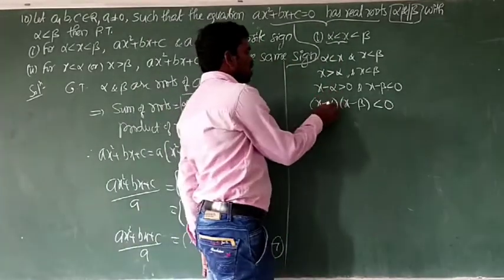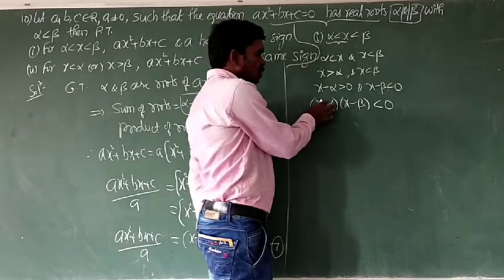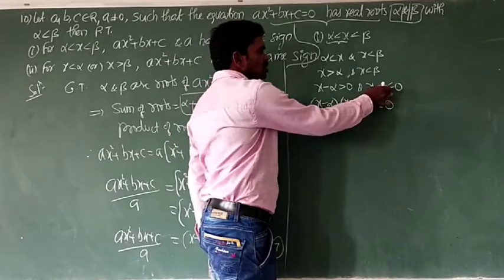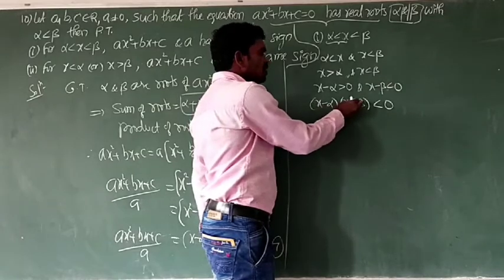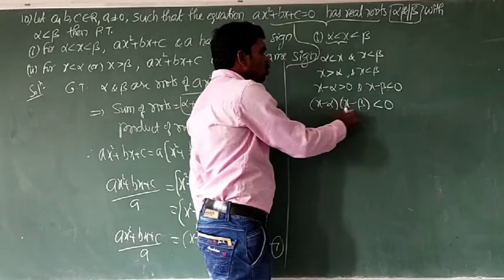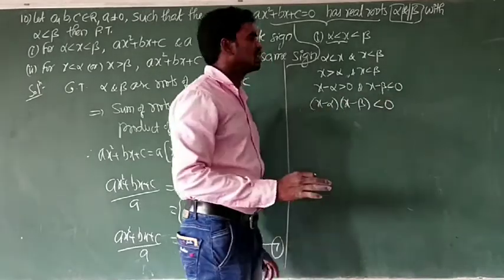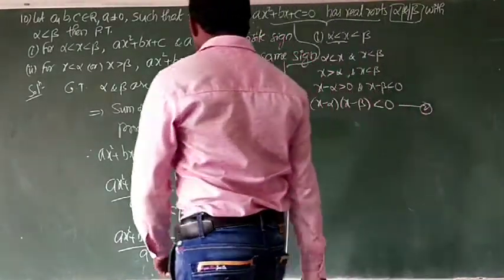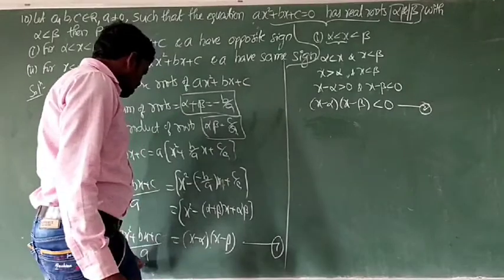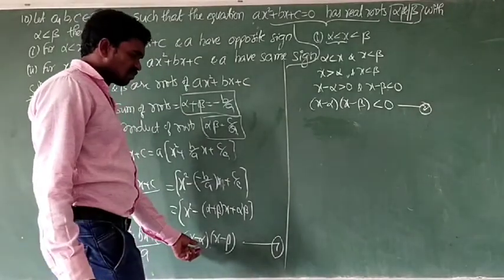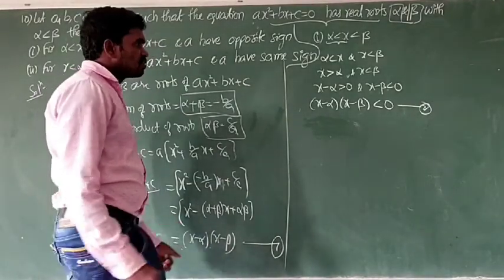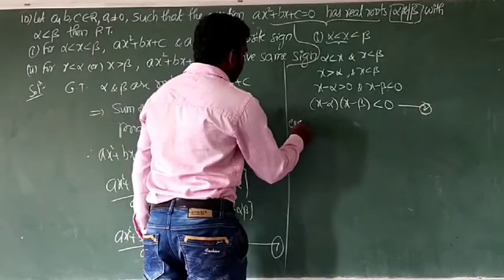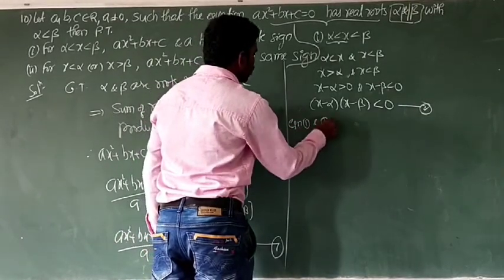Say x minus alpha value is above 0, means positive. x minus beta is below 0, means negative. So positive into negative is negative. Negative means the total value becomes less than 0. That's it. So equation 2. See, now (ax square plus bx plus c) by a is equal to actually this, x minus alpha into x minus beta. So therefore, from equation 1 and 2,